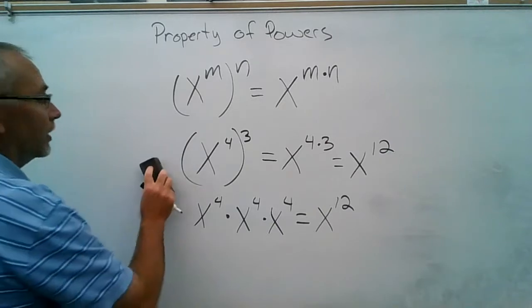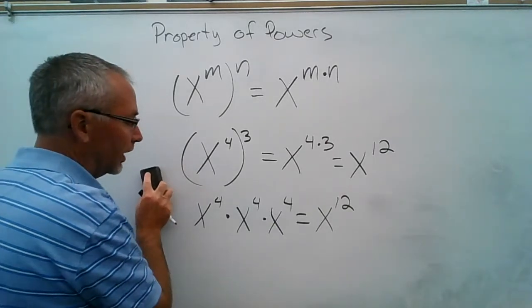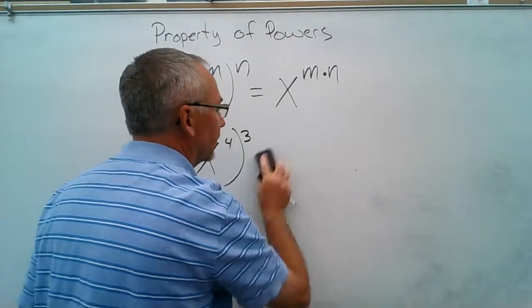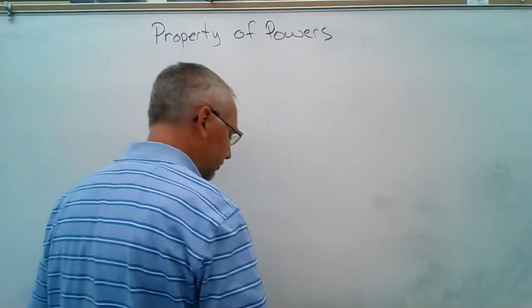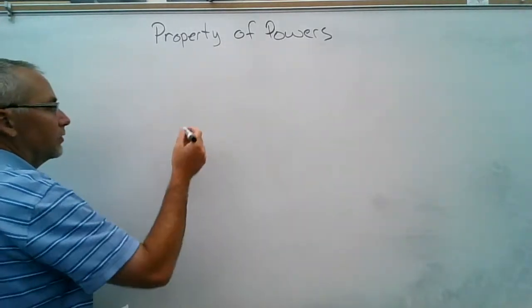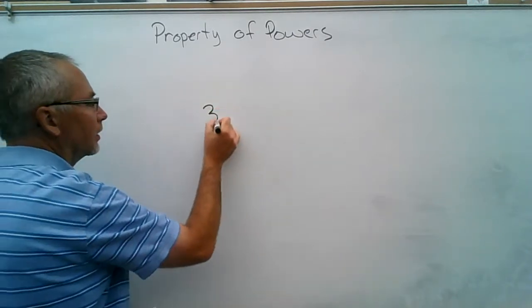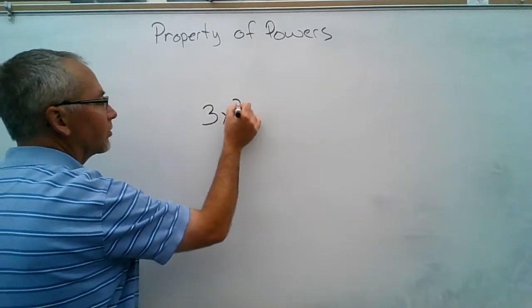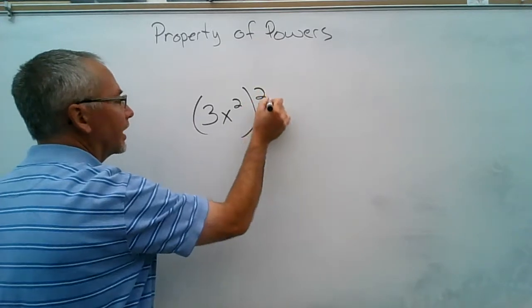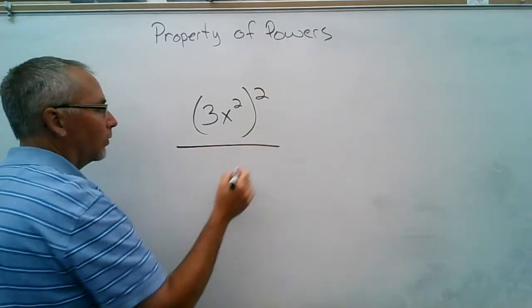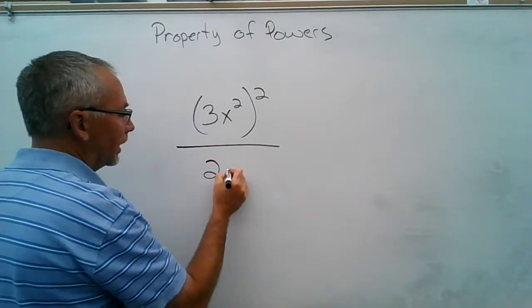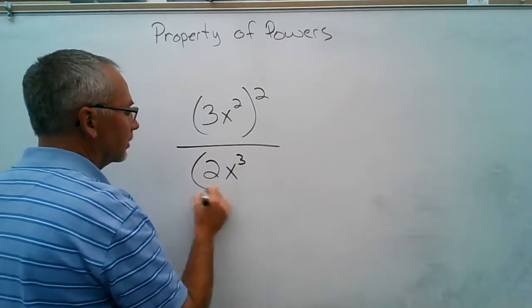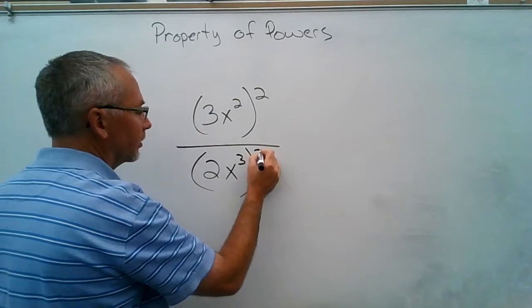So we can use that information. I'm going to go ahead and erase, and hopefully you've got that written down. If not, you can pause the video and get there. But if I was to say I've got something like 3x squared to the 2nd power, and I want to divide that by, let's say, 2x to the 3rd to the 3rd power,